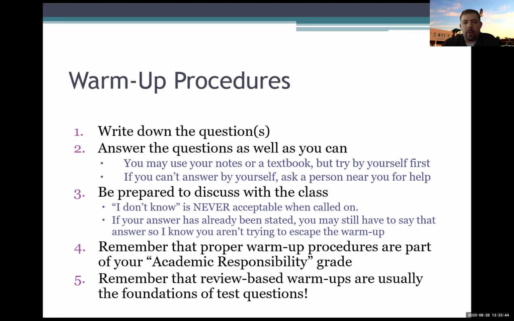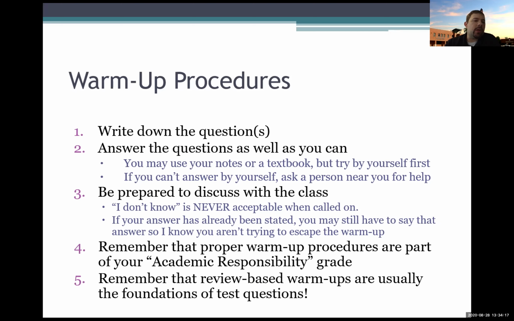So our next step, once we get past the warm-ups, a lot of times we're going to ask you to be taking notes. Very often in this virtual environment, this is going to be done through videos such as this one. When we're back in person, we might be doing some through videos, we might be doing some live. But my overall style, I try to keep consistent. And there's a lot of reasons behind the style that I've done. After 14 years of teaching, I've seen a lot of things that work and a lot of things that don't work. So what I wanted to show you next is kind of what you're going to see in my class